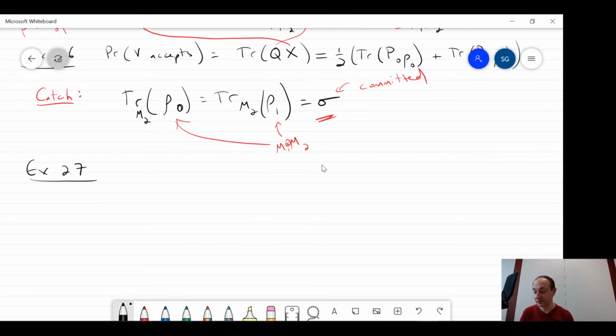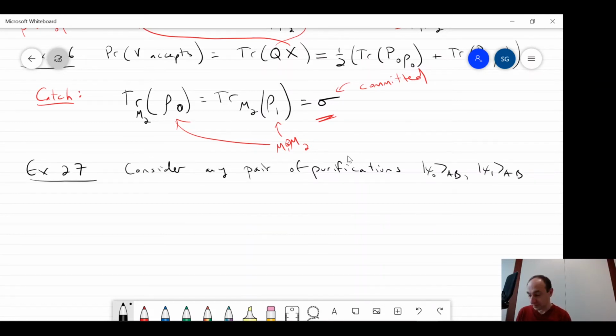Let me write the fact down first. So consider any pair of purifications psi 0 on AB, psi 1 on AB, of some